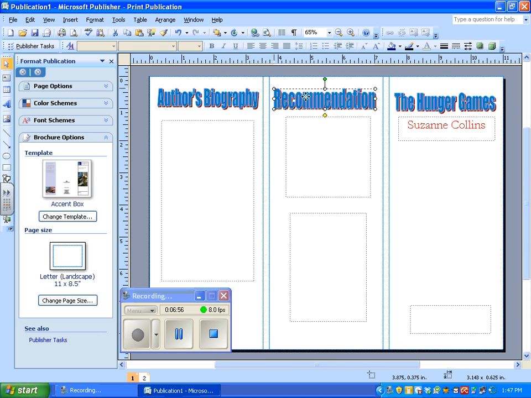So I know I need to kind of move these up just a little bit. Alright, so I've got text boxes that I can type in, and I've got word art. I can go ahead, this is my title page, and I can add a picture of my book right here on the title page. So what I want to do is minimize my project,